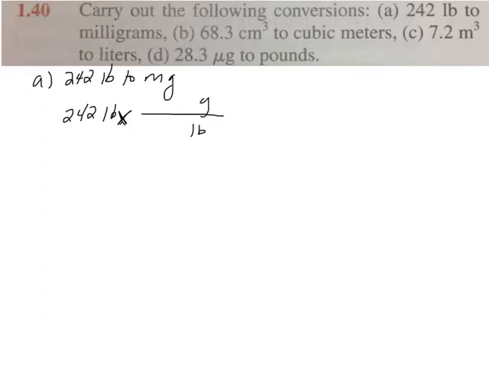Now, from that table, 1 pound is 453.59 grams. You might be tempted to go ahead and do this piecemeal, but it really is a good idea to follow through and do this as one long string. So, I've got grams, but that's not my final answer. I want my final answer in milligrams. So, I'm going to multiply by another conversion factor where milligrams is on the top and grams